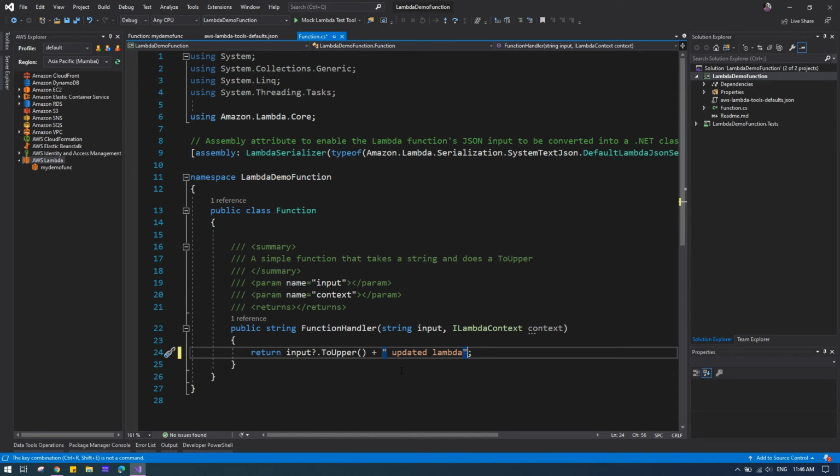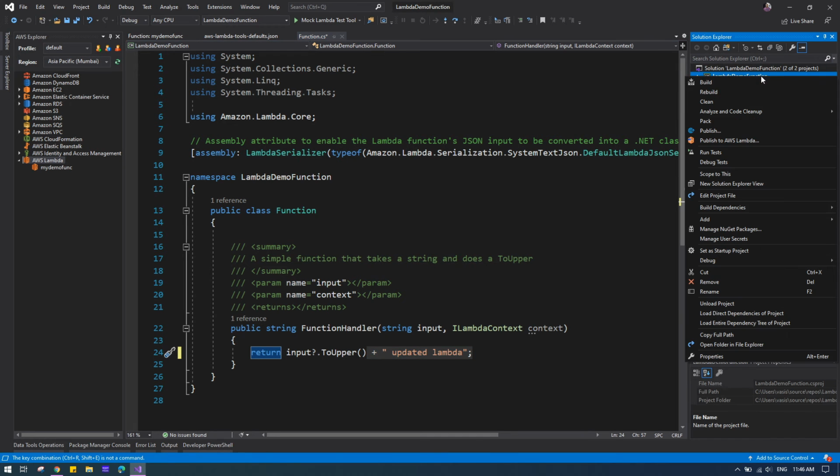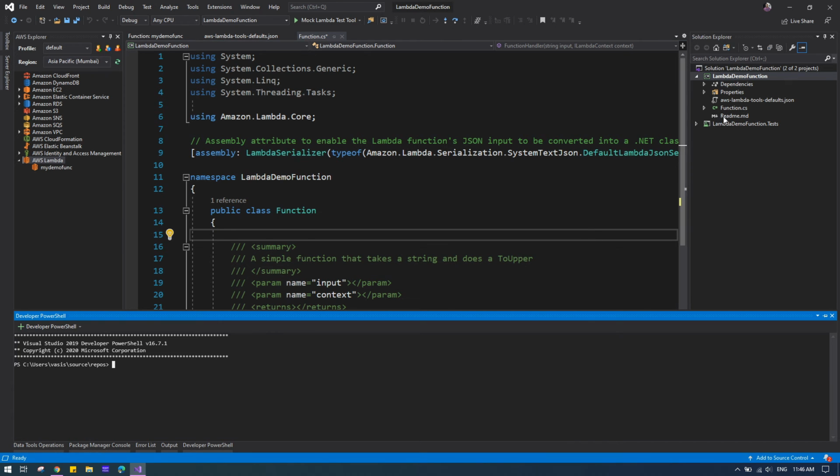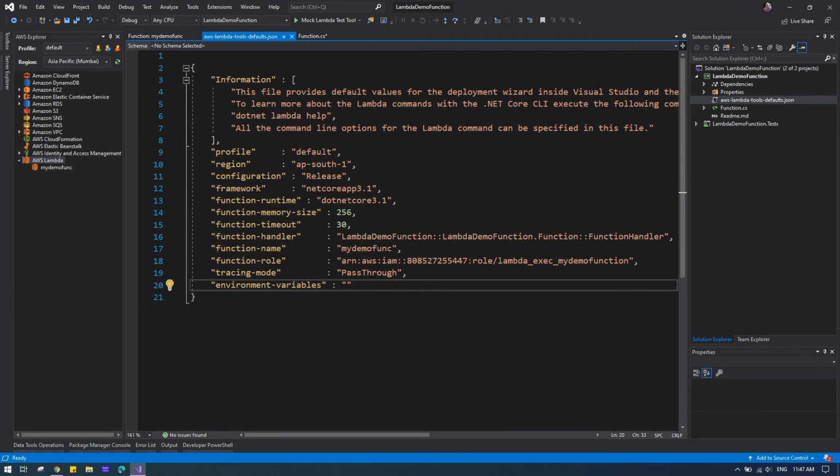Okay, let's say I added some string to find out whether the updated Lambda is working or not. Now I'm not going to deploy with the deploy function I already used, which comes with the AWS Toolkit. Right now I'm going to approach this in a different way. The function name is my demo function.